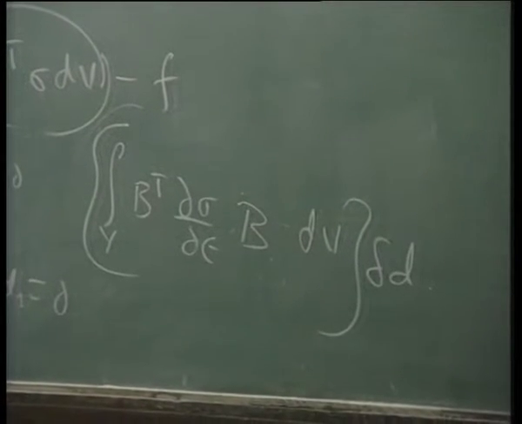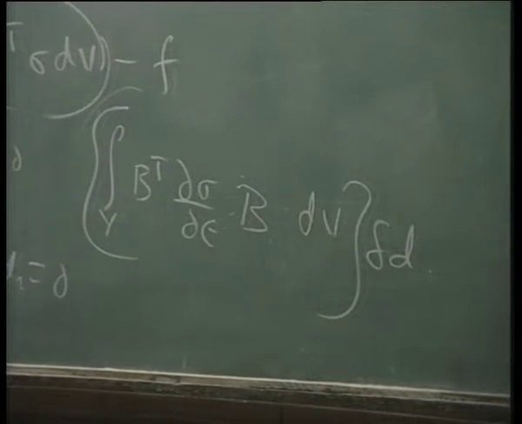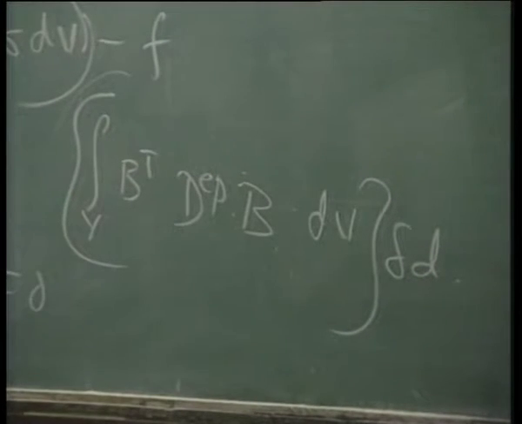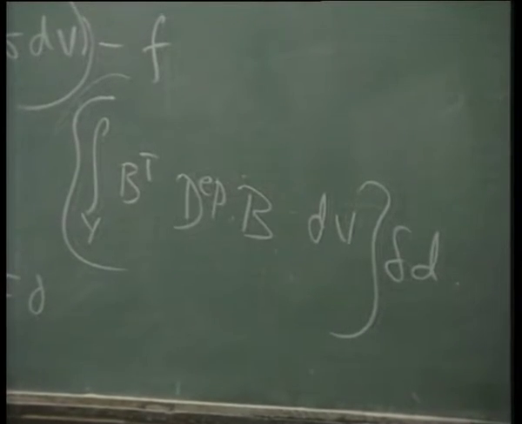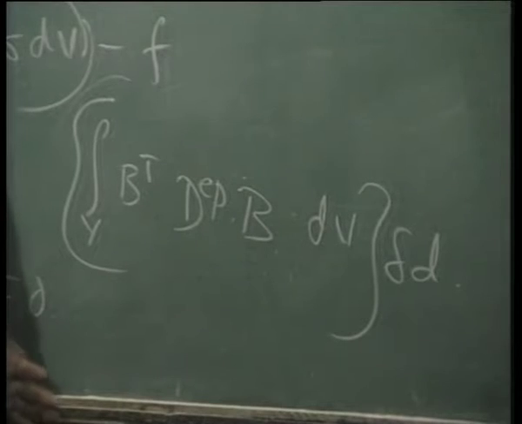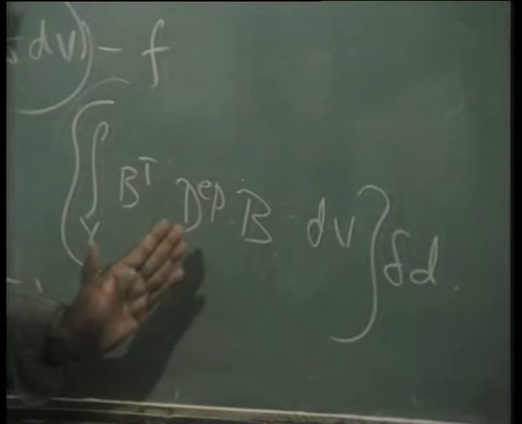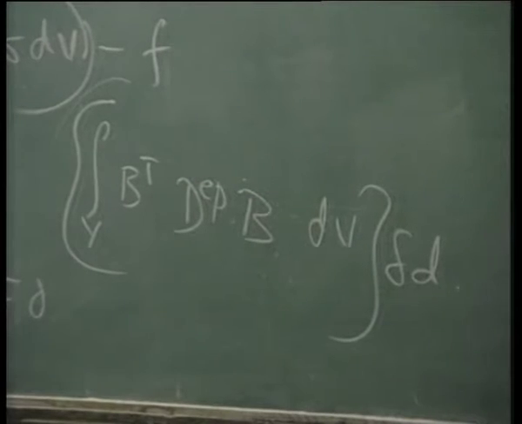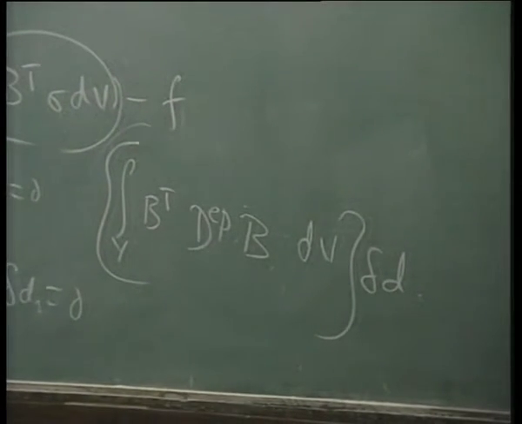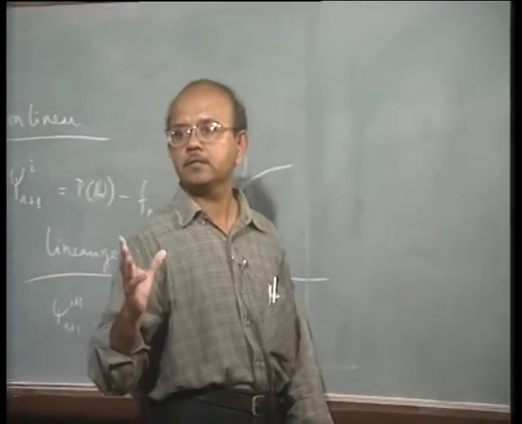For example, if you are doing an elastoplastic problem, this is called DEP, elastoplastic. If you are doing a linear problem, you can still solve it as a nonlinear problem. Nothing wrong. That dou sigma by dou epsilon, what will that be? D. That's all. Very good. So it becomes just D, and so B transpose DB it will become, and that's the known equation for us. So in this case, it becomes B transpose DEP B dV delta D. Is that clear? Any questions?